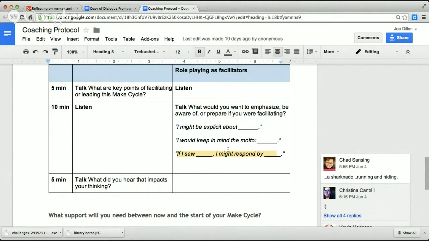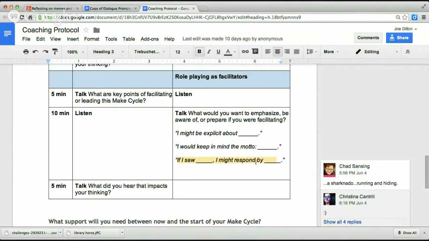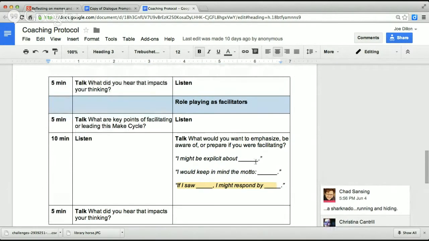What motto would you keep in mind? If I saw a blank, I might respond by blank. So that's the protocol and the tool. And it's really designed to have those facilitators start to grapple and contend and plan in response to what might happen in a large distributed